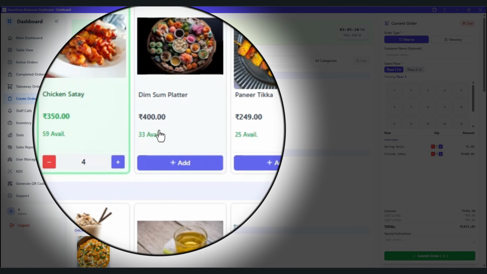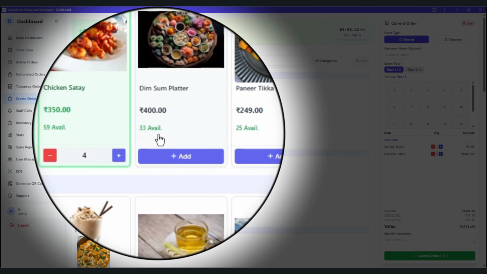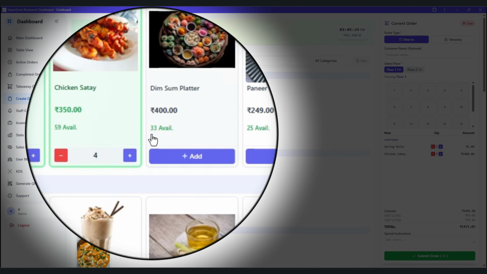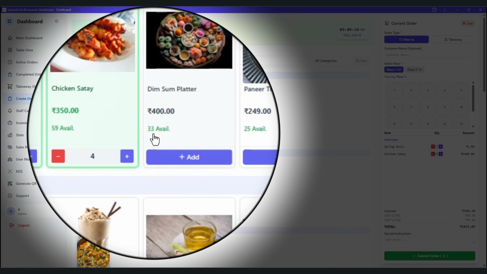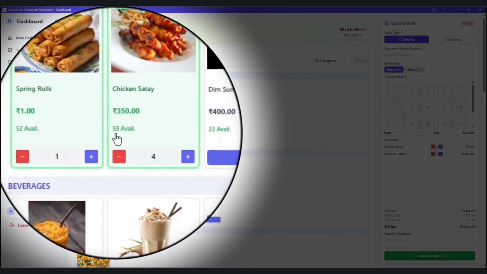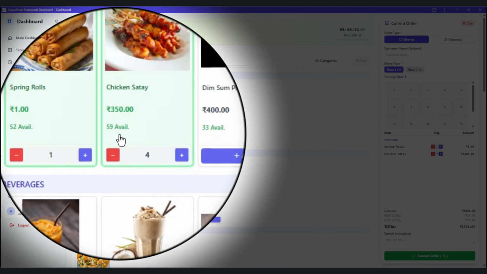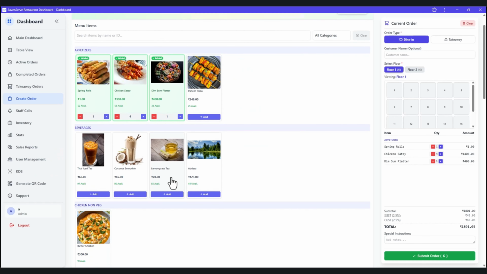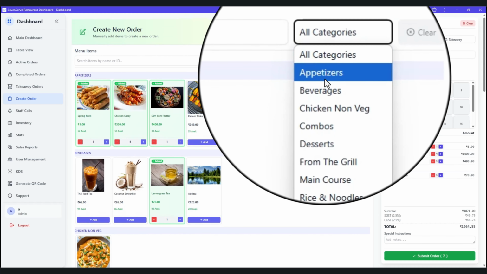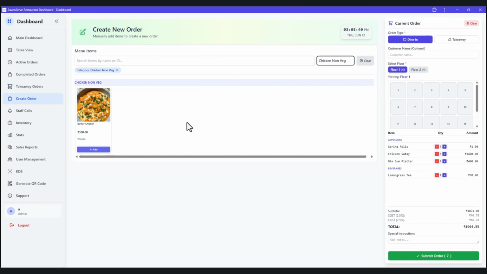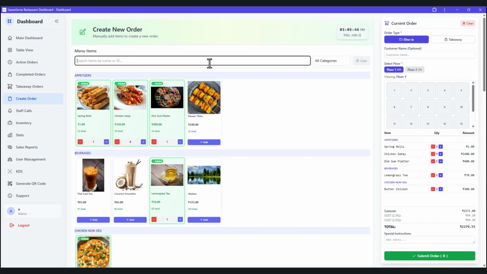And below this, here you can see the status, that is availability, and the number of items available currently in your inventory. So it is 33 available for this and 59 available for this. And similarly, it is for all the items. So once you add the items which are required by filtering the items through the drop down here or by searching the specific items,